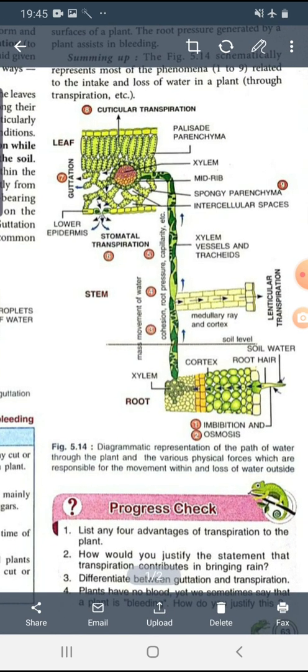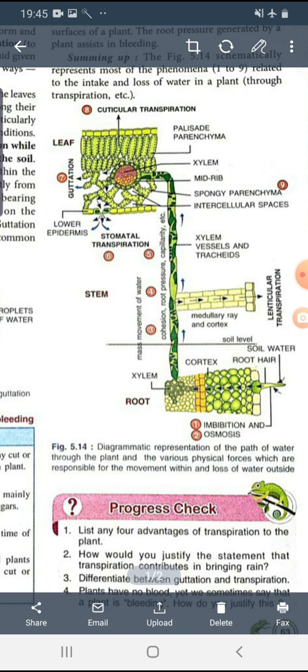Next, the main three types of transpiration. One is stomatal transpiration, which generally occurs in the leaf, then cuticular transpiration and lenticular transpiration. You can see the lenticular transpiration here, which is shown in these yellow portions. And after that there is the stomatal transpiration,